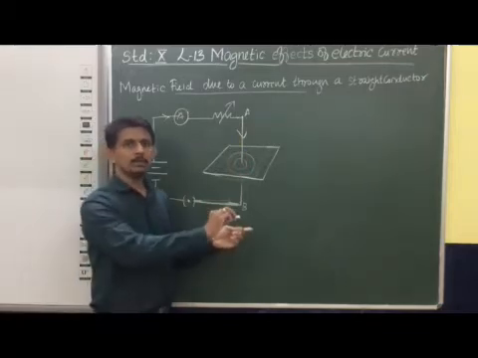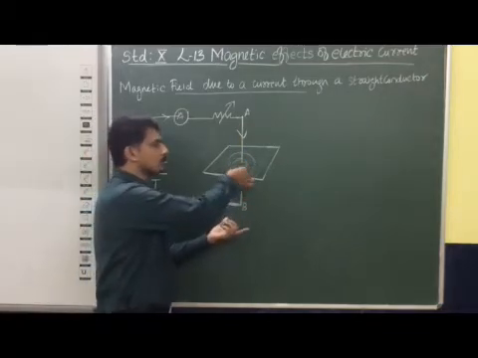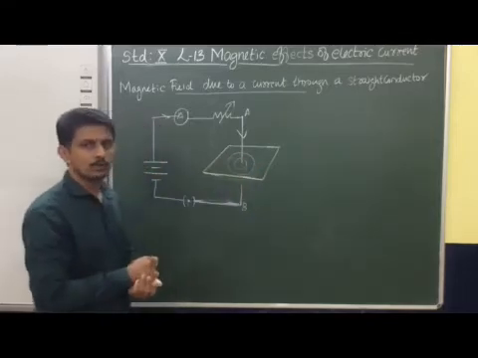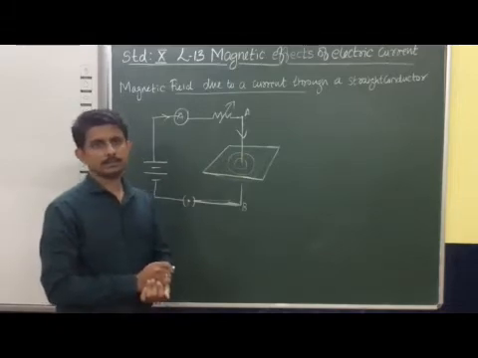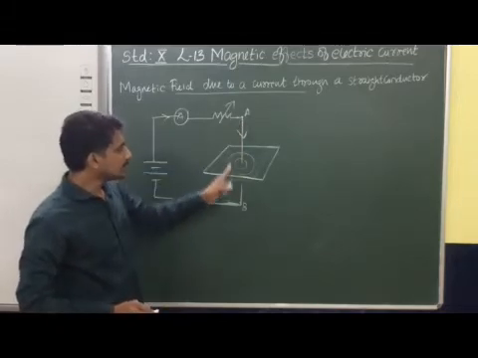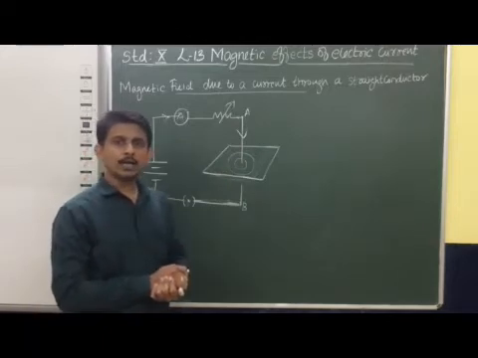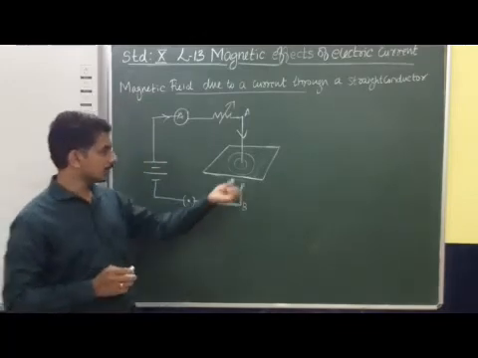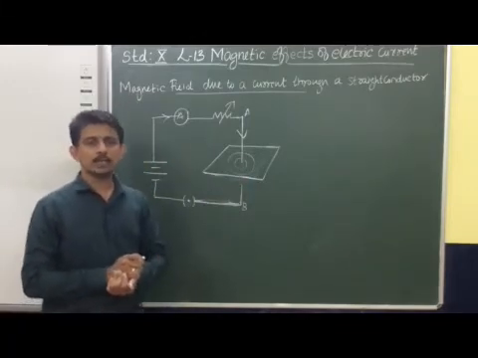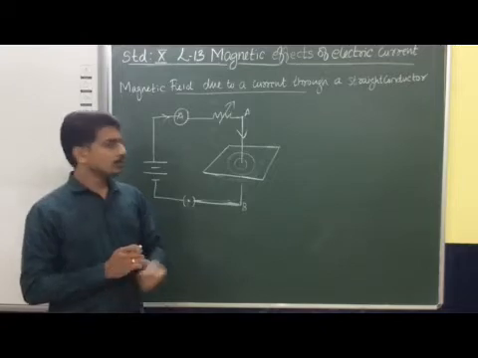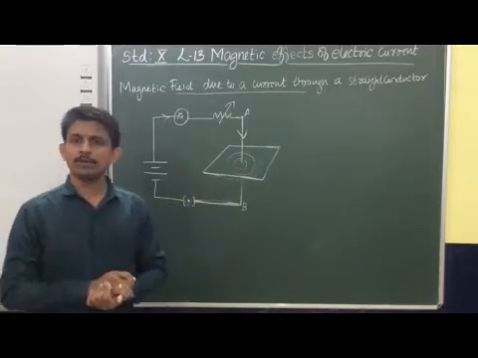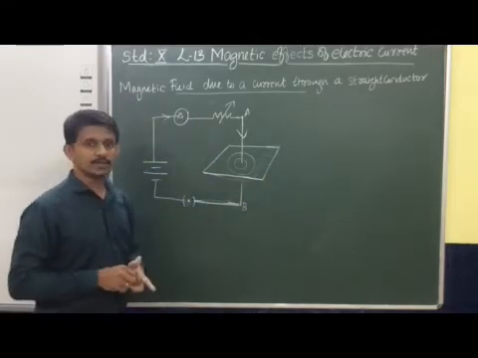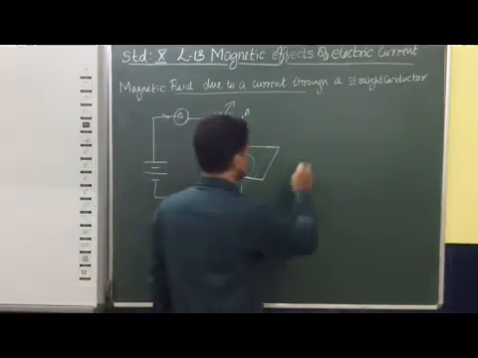There is a magnetic field, and that magnetic field is represented in the form of magnetic field lines. Here the magnetic field lines are produced in the form of concentric circles. So we can say that in the case of a current carrying conductor, the magnetic field lines are produced in the form of concentric circles. In this manner you can observe the magnetic field lines. If magnetic field lines are in the form of concentric circles, of course there should be a direction, because magnetic field is a vector quantity. It is a vector quantity only.